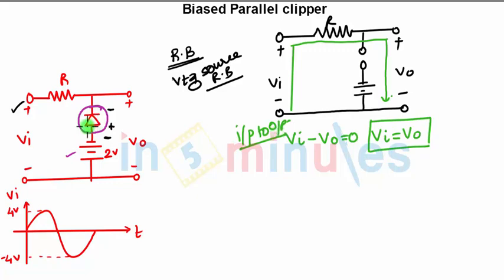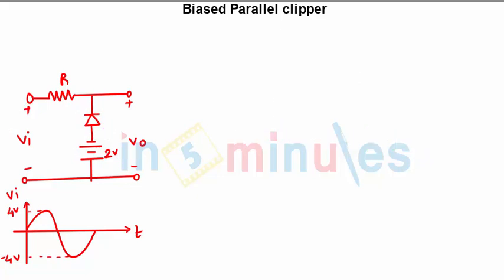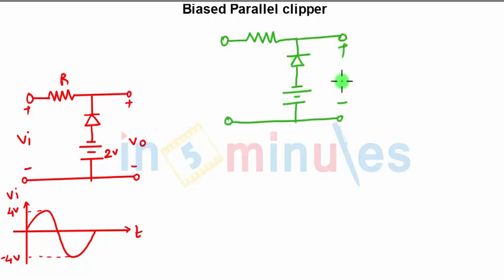The DC voltage source is making the diode reverse biased. Again your input source voltage is trying to make the diode reverse biased. So the conclusion is the diode will always remain open circuited in the positive half cycle. Since the diode is open circuited, whatever is your input, that will be getting at the output. That is the positive half cycle. Now coming to the negative half cycle, what will happen? Your circuit will be the diode, then the supply voltage, and your output plus minus VO, and this will be negative, this will be positive. In the negative half cycle, the input is trying to make the diode forward biased.